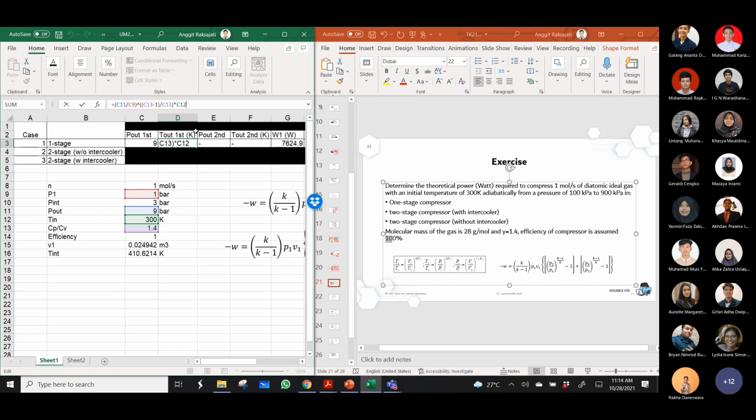So from that correlation, you multiply by 300 Kelvin, then you get that the temperature out here is 562 Kelvin, which is almost 300 degrees C, to 289 degrees C. If you just need to know the duty, then that's the formula. C8 is again, that's mole per second. I think that's kilogram per second.